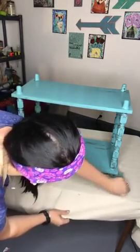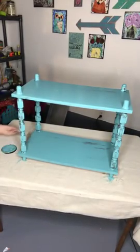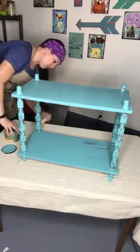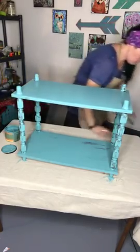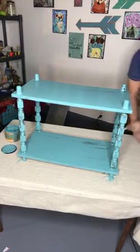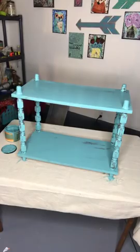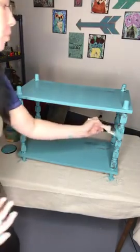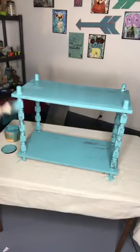All right, let me make sure I get those little legs down there as well. There we go. All the way around. Sometimes when you look at it from different angles, you see stuff you missed. But this is awesome, right? This is what's so cool: you can flip furniture for yourself, you can have fun with it, and bring a vision to life for somebody else. So much fun. Now, I've got some distressing going down here, right? And I'm going to make sure I get my lines